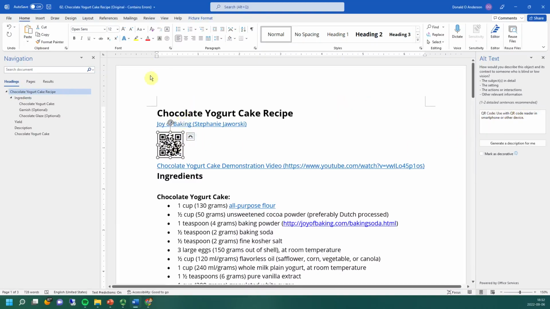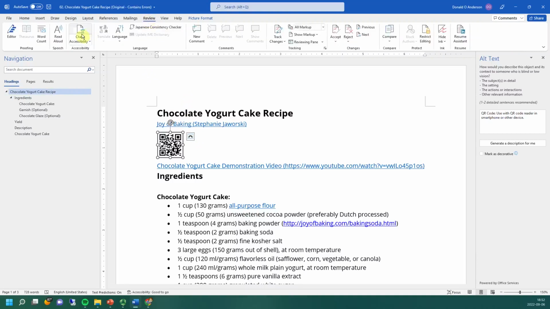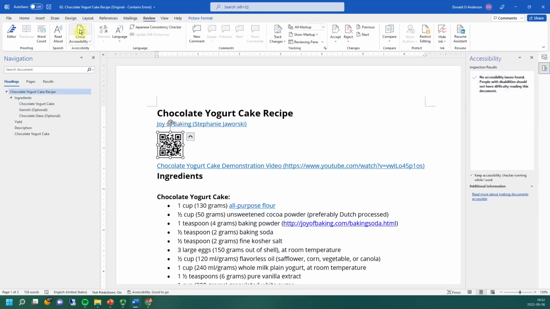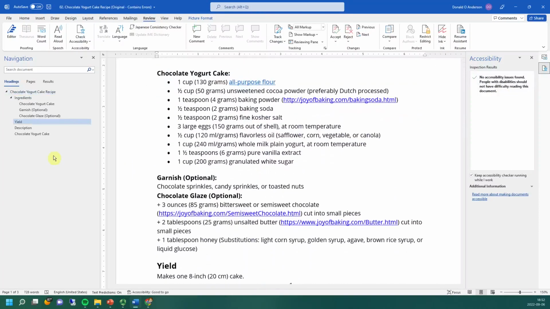Finally, when you're happy with your document, you can click on Review and then click Check Accessibility with the Accessibility Checker. It's important to note that the Accessibility Checker can be helpful in finding things like images that are missing alternative text or extra spaces that will be read out loud to the screen reader user, but it actually misses a lot of important structural issues. So for instance, this document does not contain all of the headings that it should, but the accessibility checker was unable to notice that and bring it to your attention.